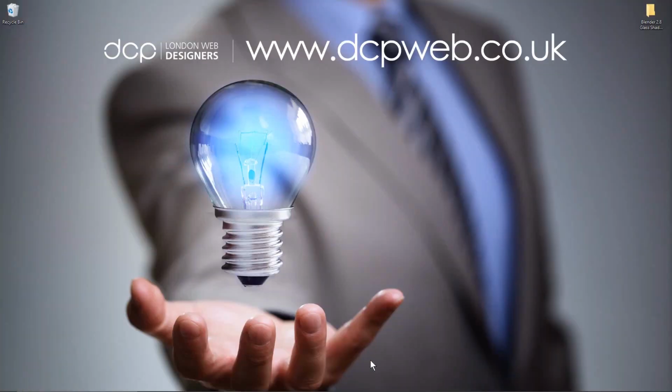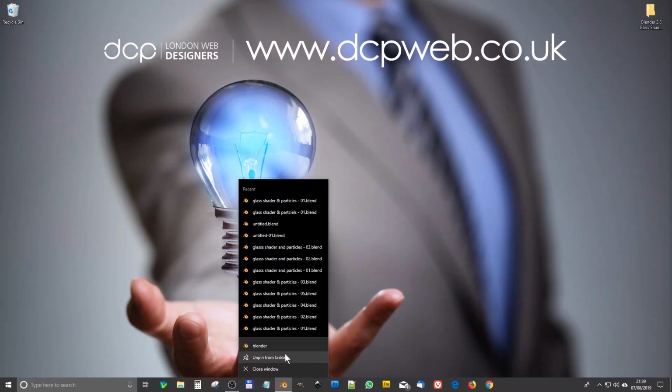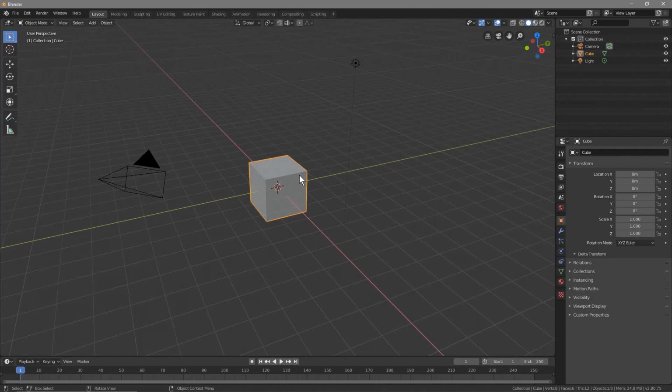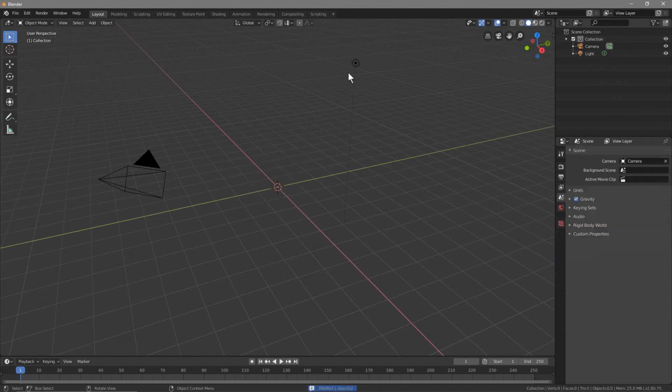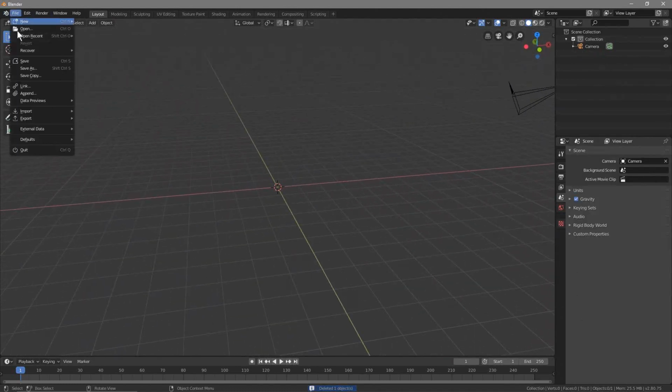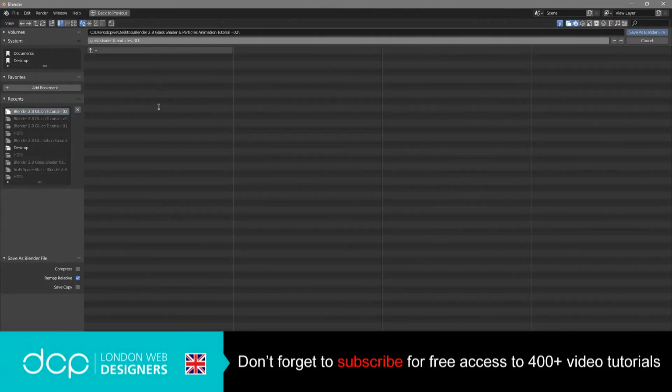Okay, so let's go ahead and open up Blender and we'll click on General like usual. If you've not used Blender before, I'll put some links in the YouTube description to some other tutorials I've created. And we'll click on this cube and delete that, so hit the delete key, click on the light source and delete that as well. And let's go to File, Save As, and I'm just going to call this Glass Shader